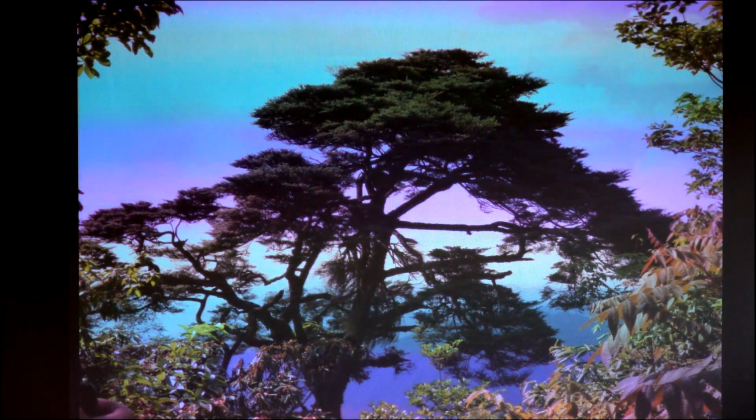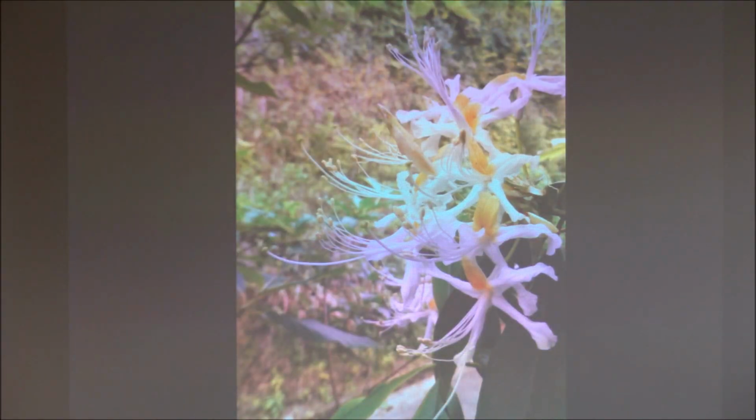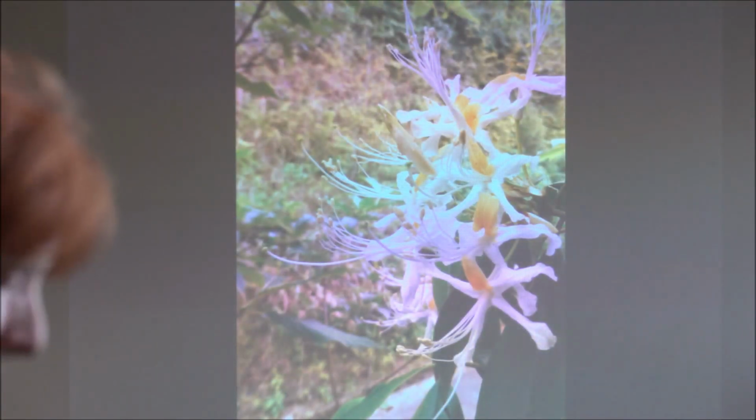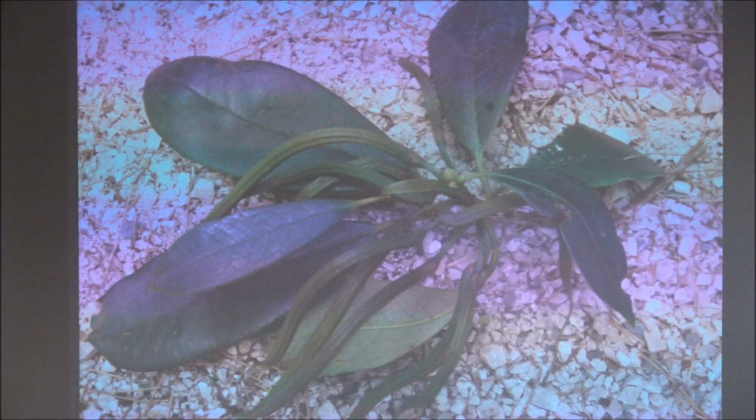And now we're getting into your classic Chinese scenes, such as you'd see on wall hangings and things like that, with the spires and the conifers. This is a Chinese hemlock. And in this area you get rhododendrons, staminium, just to show some of the diversity of rhododendrons. Most people would not recognize that, I think, as a rhododendron. And that blooms in June as well, which is really great and fragrant. Those are the fruit